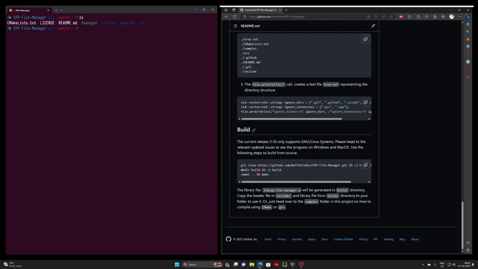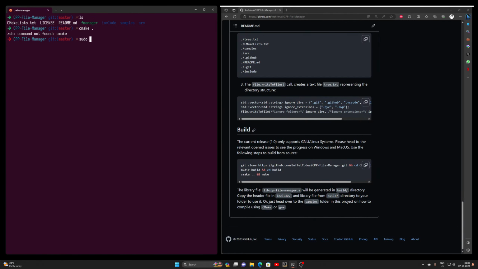And see, the biggest thing is the current release only supports GNU or Linux systems. It also supports Mac OS. And I think I've tested the progress yesterday only, so it works fine. I haven't tested on Windows, but we'll see. I think we can test it today. But I believe there will be some unexpected